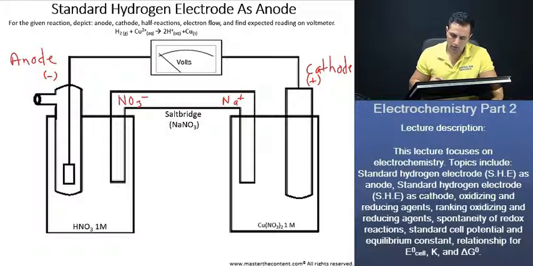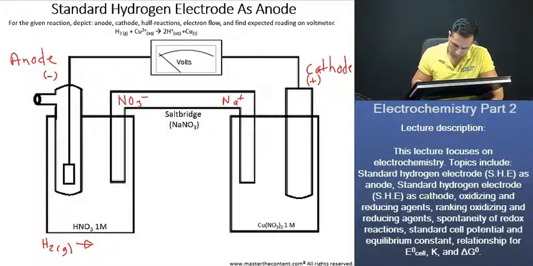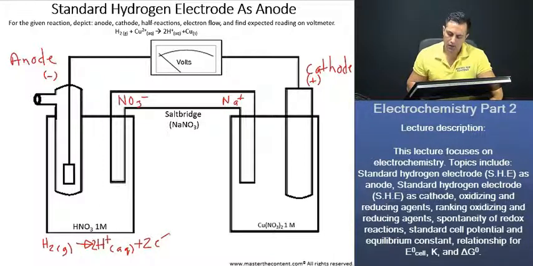The first half reaction that we're looking at is the one taking place at the anode, and that is going to be our hydrogen gas going to our hydrogen ions here plus our 2 electrons. That's going to be the oxidation reaction there. Now the reduction reaction we're going to see here is going to be our